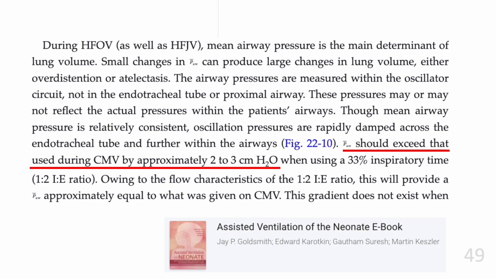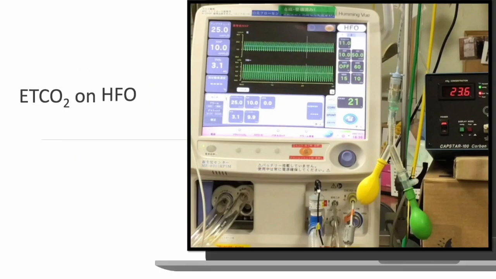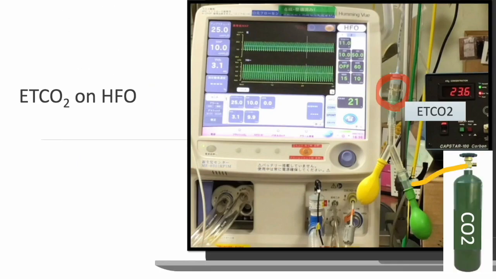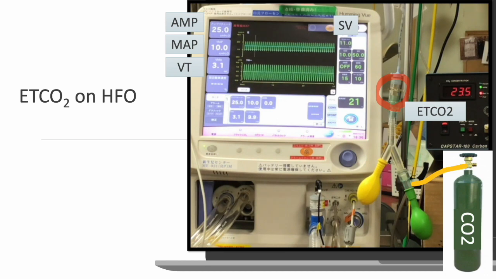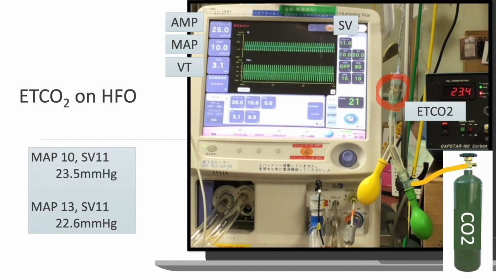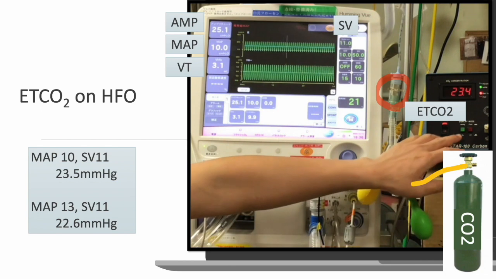Next, we will discuss MAP in terms of carbon dioxide concentration, not oxygenation. In an experiment using a model test lung, an EtCO2 sensor is inserted in front of the model lung to measure the value of carbon dioxide. And a small amount of carbon dioxide is continuously flowing from the CO2 tank. At MAP 10, with a stroke volume of 11, the CO2 value was around 23.5. Later, when the MAP was set to 13, the CO2 value dropped to around 22.6, although the stroke volume setting